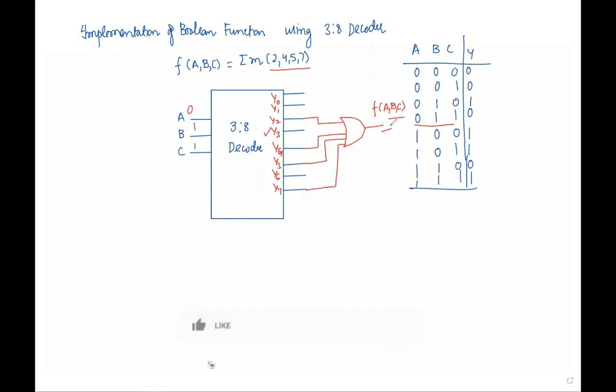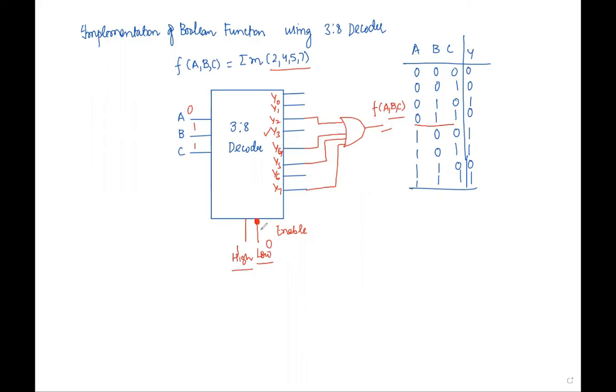One thing I forgot to mention is that decoders and encoders will have a pin called enable. In some cases it will be like this, in other cases it will be like this with a bubble. When it is with a bubble, it is active low, and when it is without a bubble, it is active high. High means you have to apply 1, low means you have to apply 0. Then it will be activated. So the bubble is a symbol of an inverter.